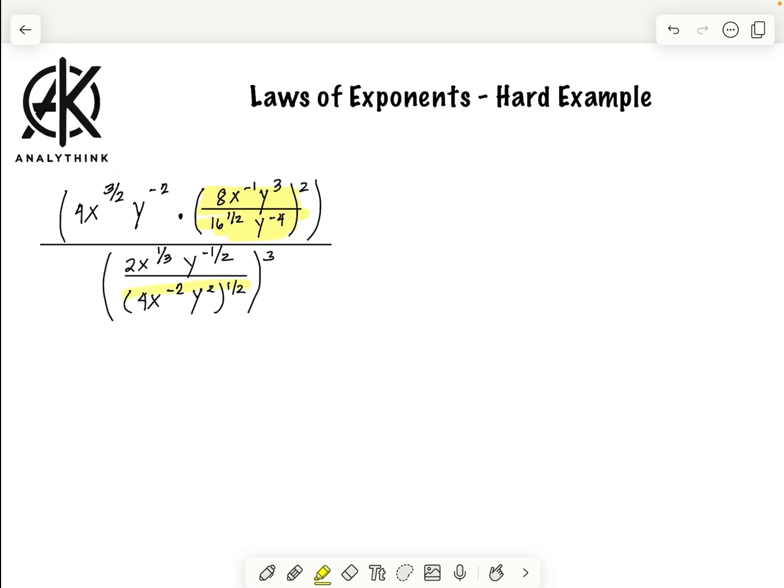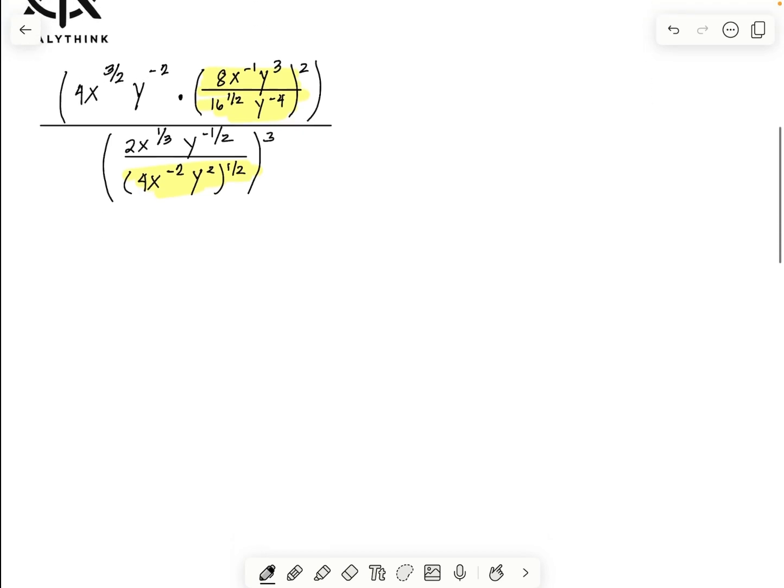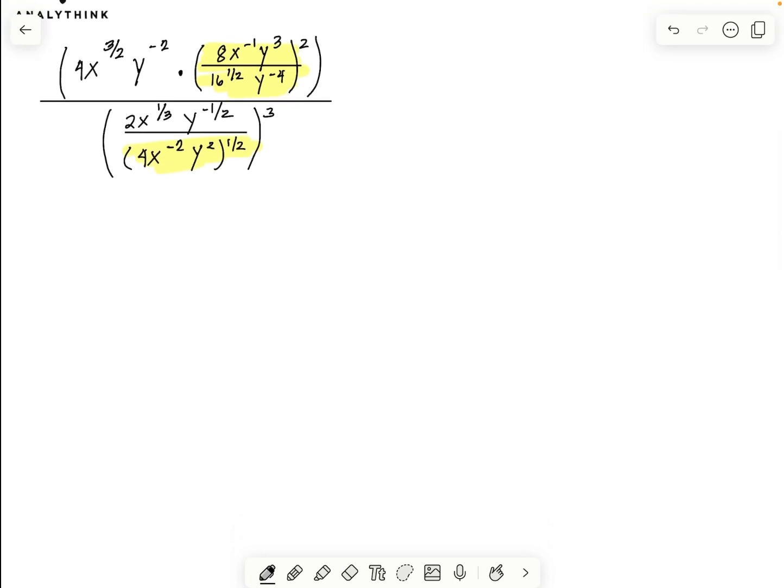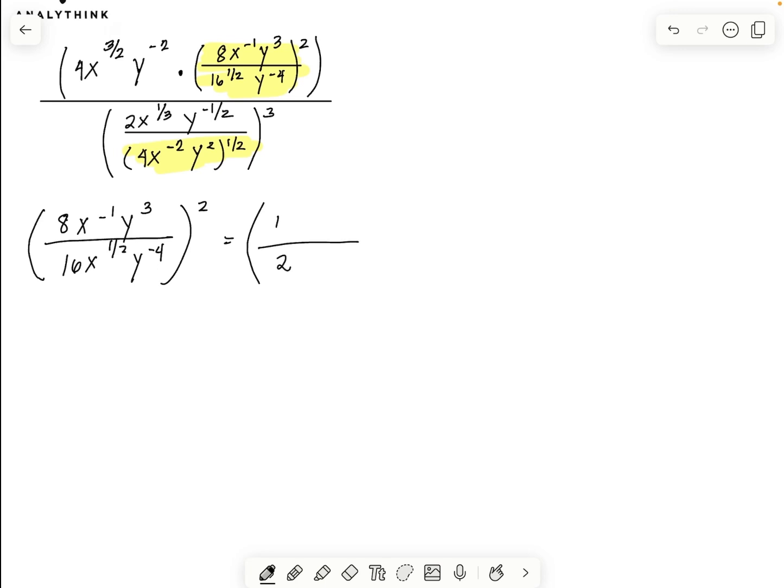and this. Okay. So if we're going to simplify those expressions, let's write it here. So you have 8x to the negative 1, y cubed over 16x raised to 1 half, y to the negative 4, squared. So this is also 1 half. You can already make this lowest terms, 1 half, x to the negative 2, y to the 6,